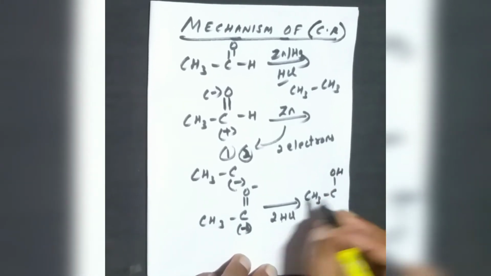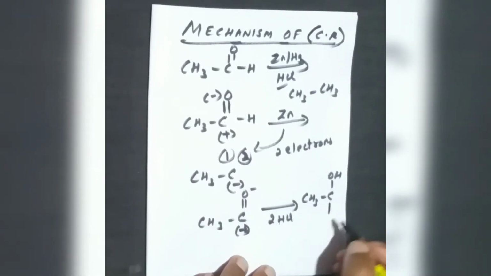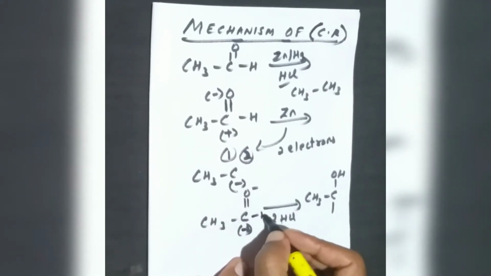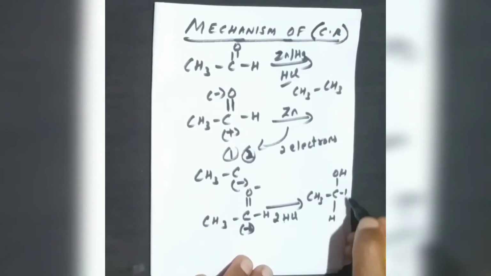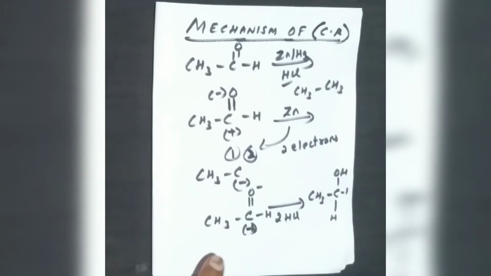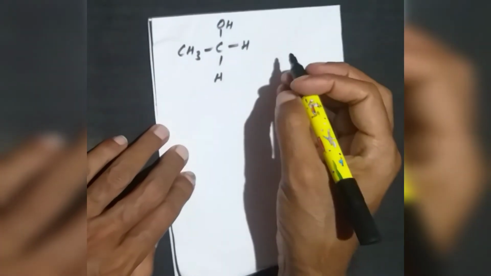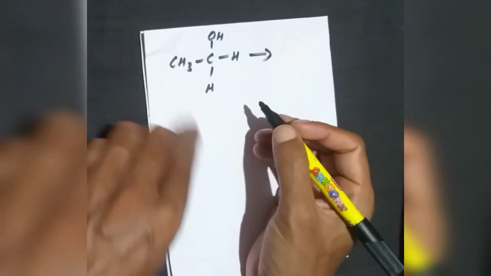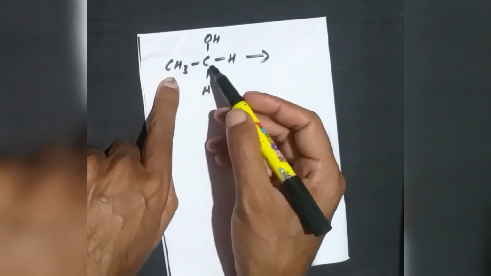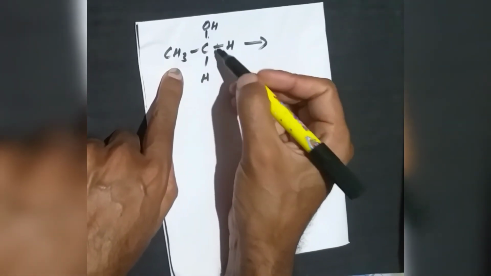Because we are adding the H here, the bond will break and it will be a single bond, no more a double bond. And the aldehyde by default has an H in its structure. So I will have the H and the H here. This will be the initial product. After getting this structure, CH3, C, OH, H, and H, you can see the carbon now has 1, 2, 3, 4.